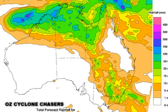After Tuesday, we get into the interesting period, because after Tuesday we're going to see that low continue to push westwards into the Kimberley region and then possibly west off the coast of the Kimberley. And by about day 7 or 8, we could actually see a tropical cyclone located off Western Australia, or at the very least a tropical low that's developing and deepening near the coast of the Kimberley at that time. So, folks, between Tuesday and Friday next week, this could be a fairly active region to watch, particularly in terms